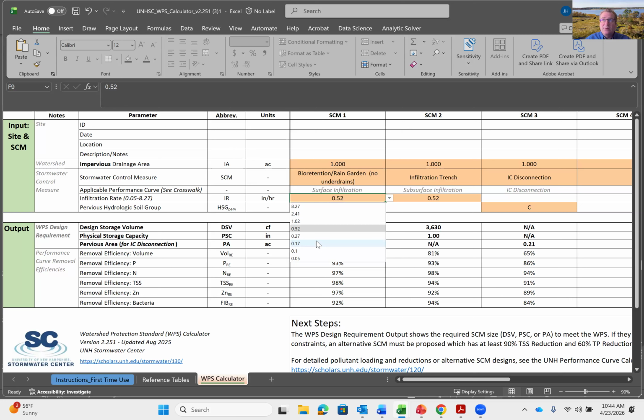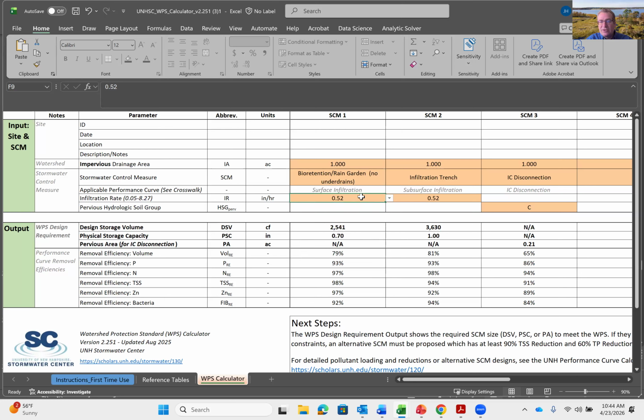So SNEP is continuing to fund projects. It's funded, as Mark was saying, some additional curves for Maine. It's funded modeling of additional infiltration rates, especially on the low end. So I think previously we stopped at 0.17 inches per hour, but we can go down to 0.1 and 0.05. That's been modeled. We have access to new and improved information.